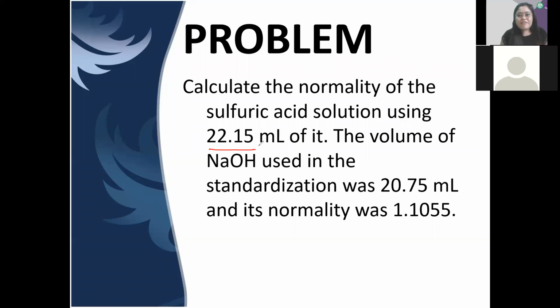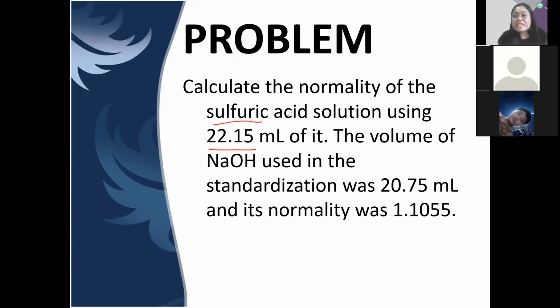Instead, the given for our sample, which is the sulfuric acid, is in ml. Okay? Though given yung sa titrant na normality, this one, and the volume. Pero again, wala tayong weight ng ating sample. So ano yung gagawin? If you encounter this type of problem class,